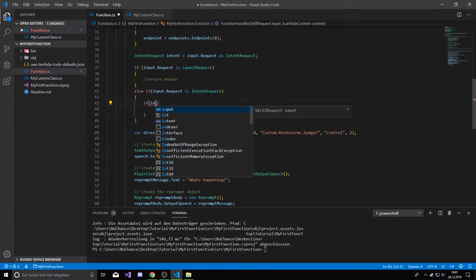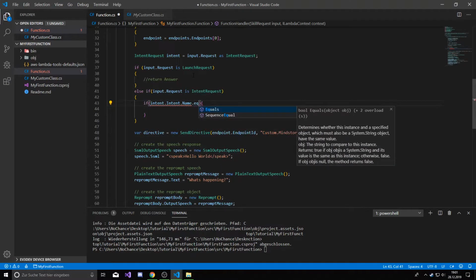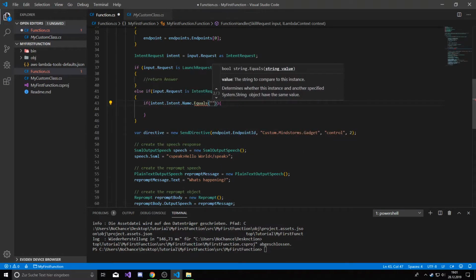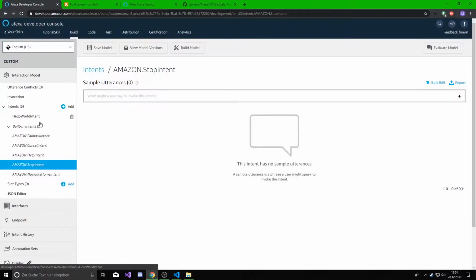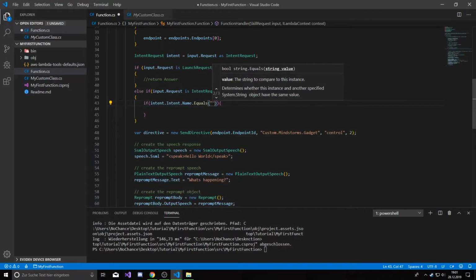So we're gonna say intent, which is this attribute right here, dot intent, which is an attribute in an intent request. Then we're gonna want the name that is requesting, and we're gonna ask if it's equal to the name of the intent that we are calling. So we're gonna get this hello world intent, because this is the name that is going to be passed, and we're gonna ask, is the intent that was sent to us our hello world intent, or